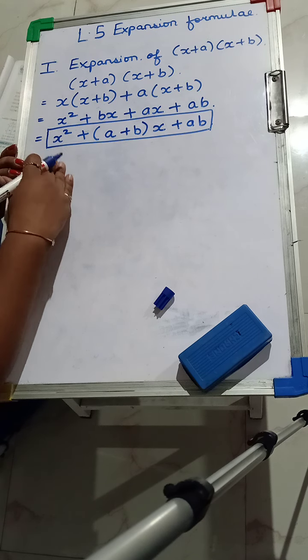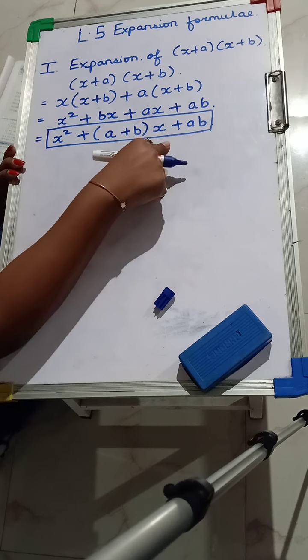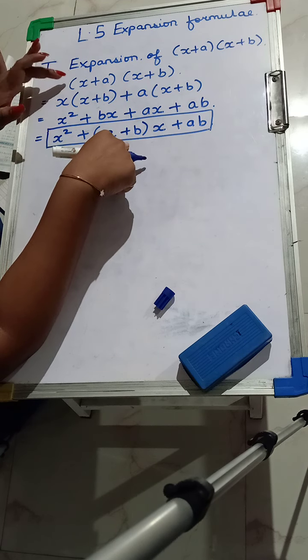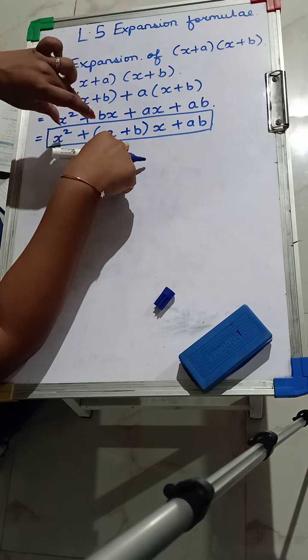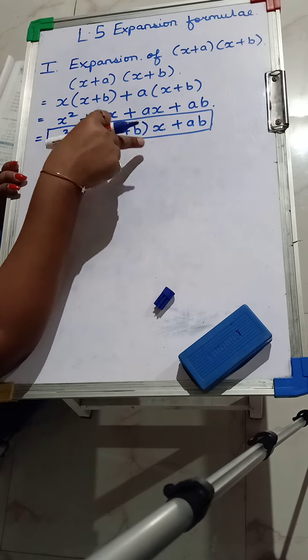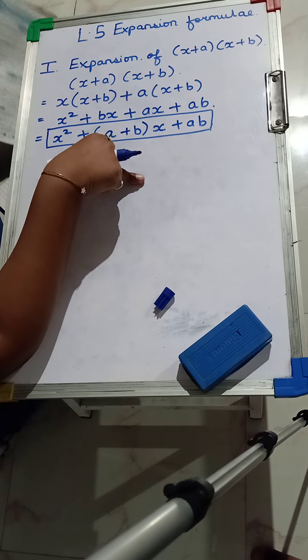Now the sums we are going to solve, like the exercise 5.1 that we are going to start solving, we are only going to solve according to the formula that we get. This is just the expansion of the formula that we have done, and finally we get this as the answer. So this is the formula that we are going to use.